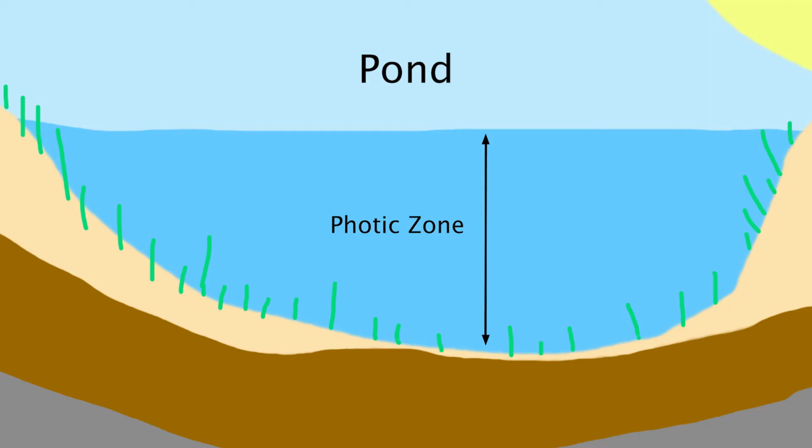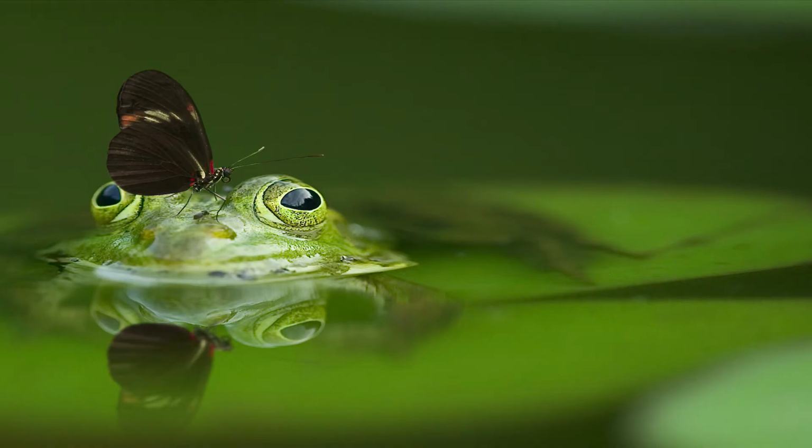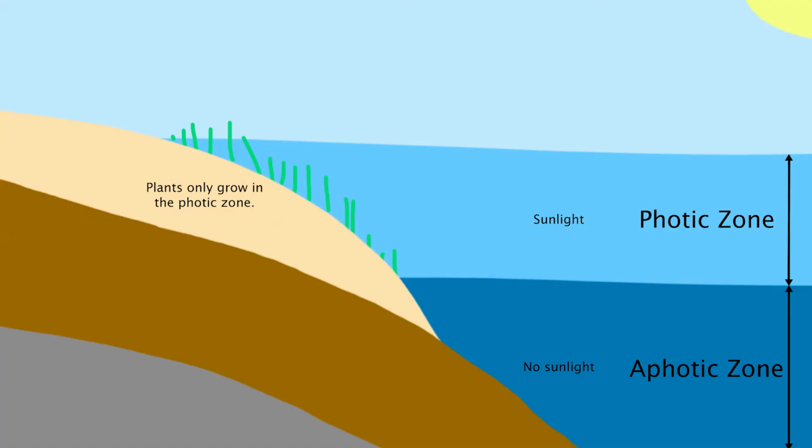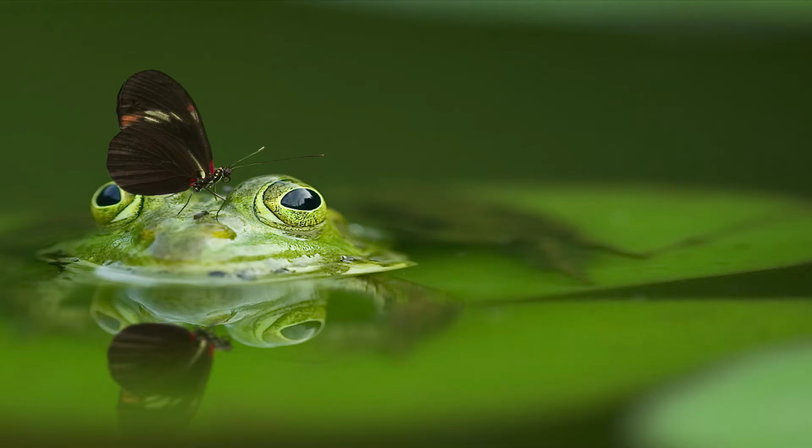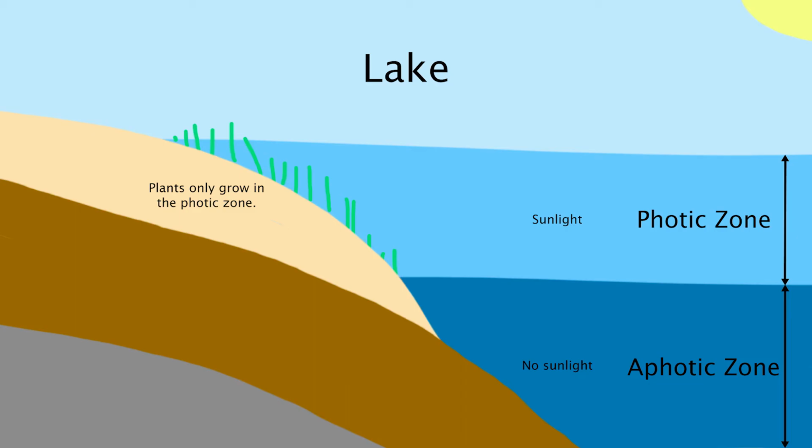It doesn't matter if it's a mile wide. If the photic zone spans the entire depth of it, then it's a pond. If the sunlight can't reach the bottom at any given part, then it has an aphotic zone, which is just the layer of water that sunlight can't reach. It's called an aphotic zone, the opposite of photic zone. It could only be 20 yards across, but if it has an aphotic zone, then it is a lake.